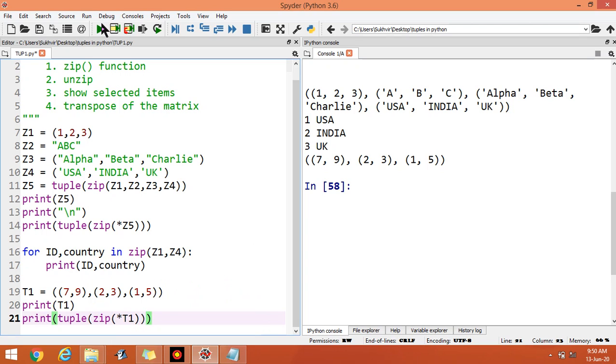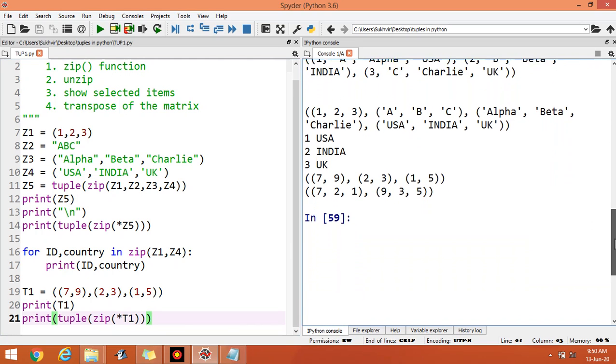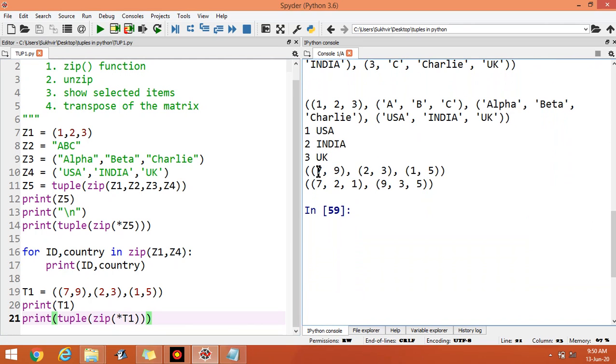Let us execute the program. You can transpose the elements. Basically, the first row is 7, 9, the second row is 2, 3 and the third row is 1, 5. Now the output is 7, 2, 1 and 9, 3, 5.